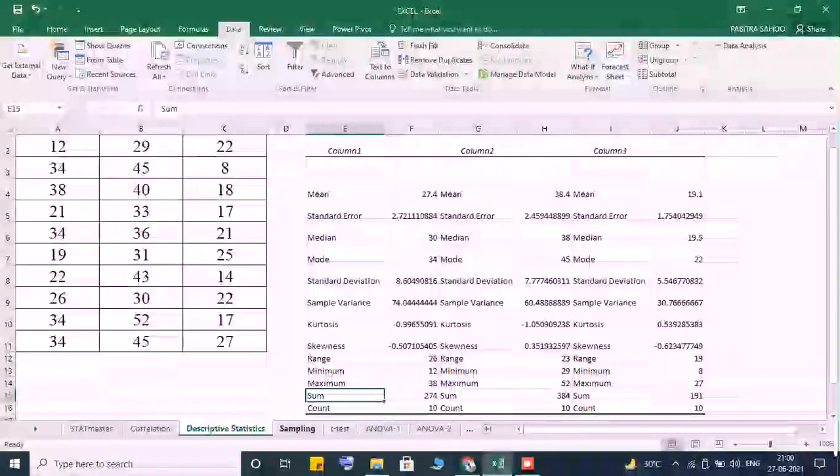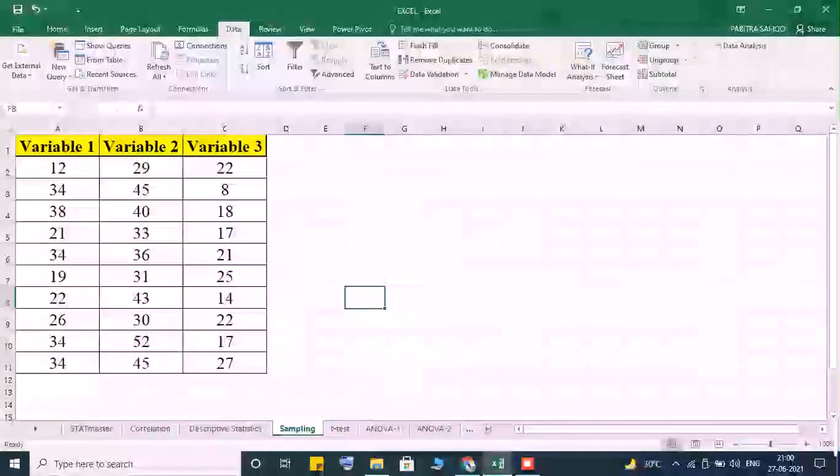So in the next portion, we are coming to the discussion of sampling. Sampling is basically used whenever you want to find a sample for a particular area or population. If you are going to collect samples, there are different methods we can apply, like probability sampling or non-probability sampling. Both sampling methods you can apply. But in this Excel form, we are going to use probability sampling, and in that, we are going to apply the random sampling method, where if you have a minimum number of samples, from that you can make a large number of samples.